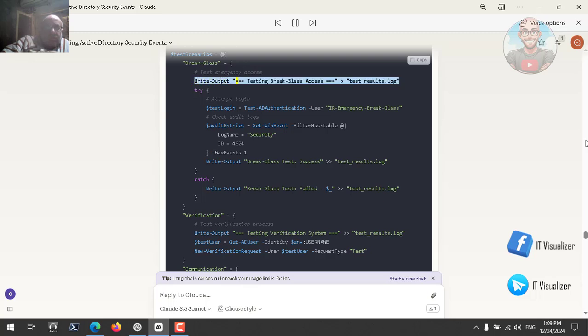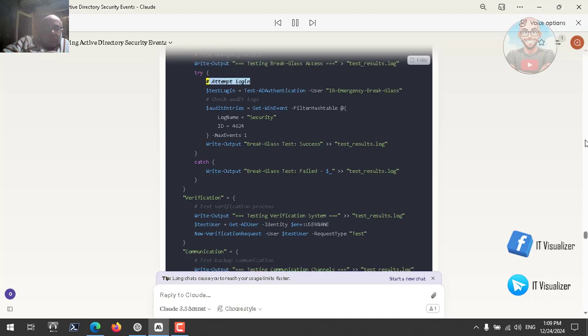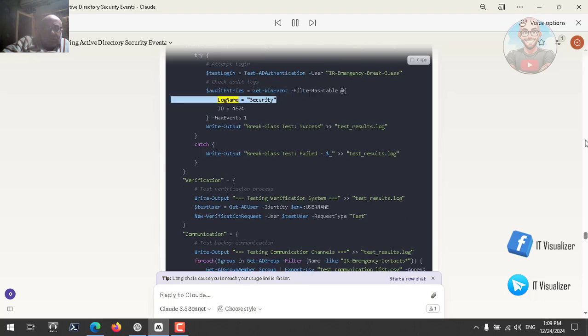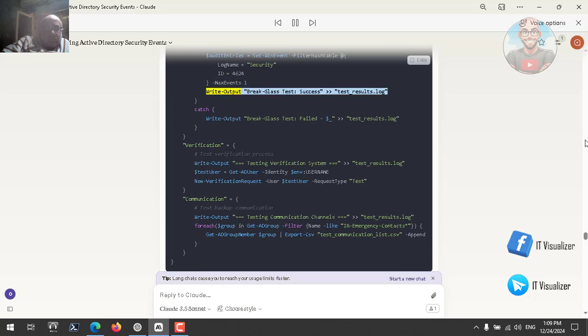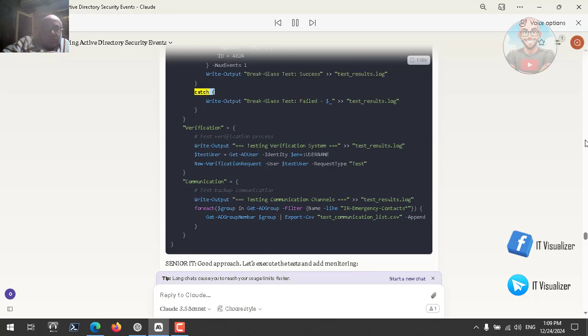Write-Output "Testing break glass access" >> test_results.log; try {# Attempt login. $testLogin = Test-Authentication -User IR-emergency-break-glass; # Check audit logs. $auditEntries = Get-WinEvent -FilterHashtable @{LogName = 'Security'; ID = 4624} -MaxEvents 1; Write-Output "Break glass test success" >> test_results.log} catch {Write-Output "Break glass test failed: $_" >> test_results.log}}